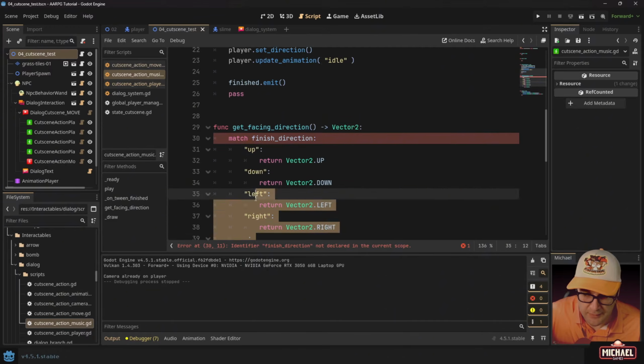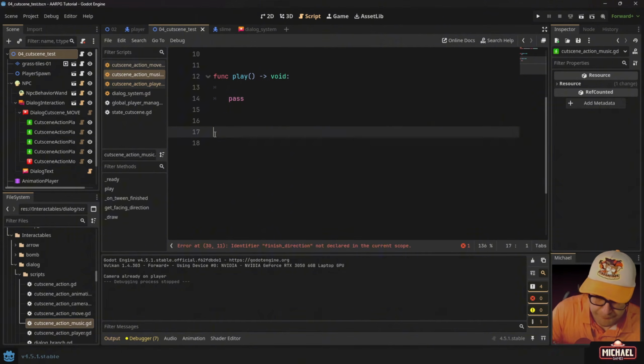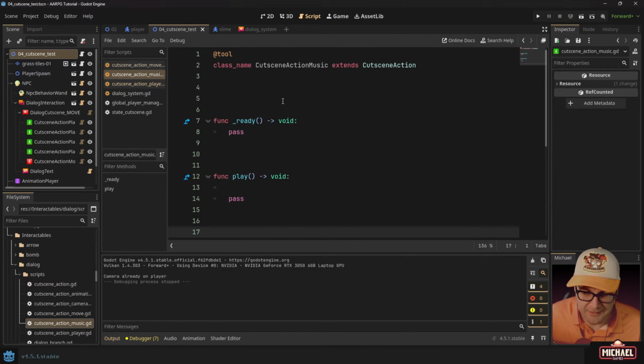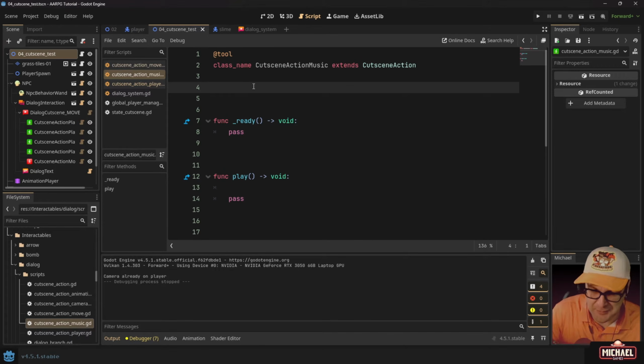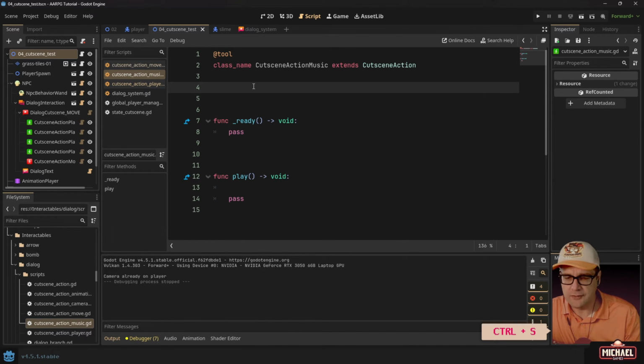I'm going to go ahead and just remove everything else. Okay. That could have been easier than that if I just made a new script maybe. But here we go. What does this need to do? Really, all it needs to have is storing reference to an audio file or a music WAV file, MP3, whatever